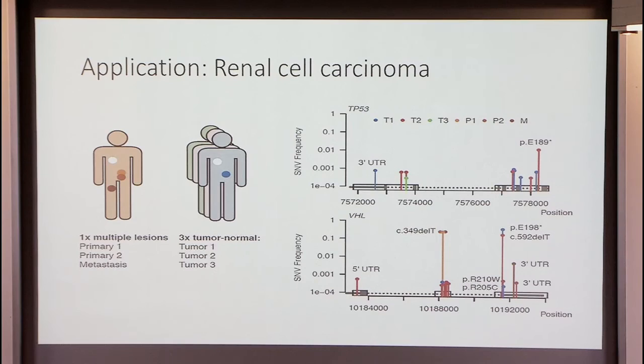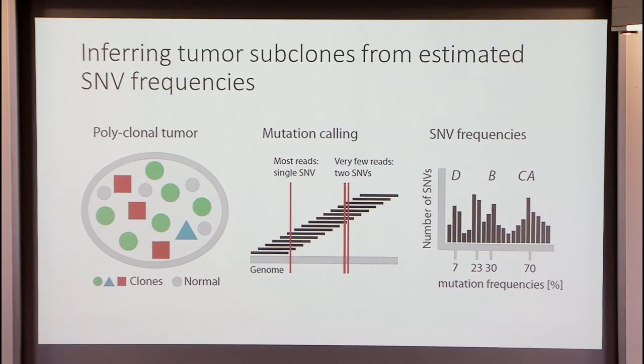So in any case, if you have called the SNVs and you estimated their frequencies, you can make a first attempt from the SNV frequencies to reconstruct the individual clones in the tumor. And this is usually done in a very simple way. Here's another conceptual picture. So you start again with a polyclonal tumor. These are individual cells now indicated by the different colors and different shapes. Here are the aligned reads. Now you do your SNV calling, frequency estimation. And then the way you try to reconstruct the clones is simply by clustering the allele frequencies.